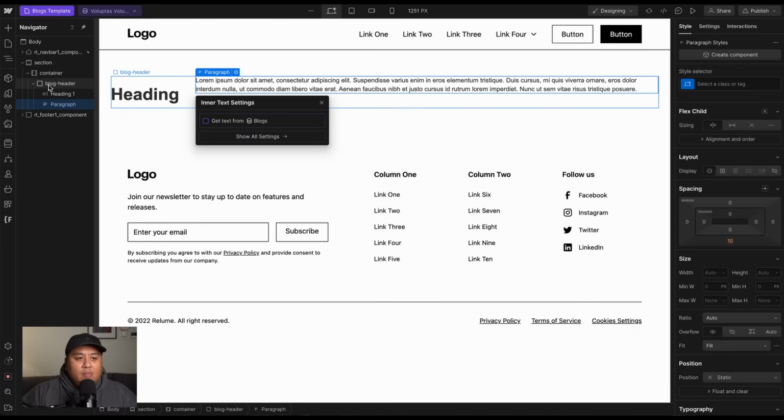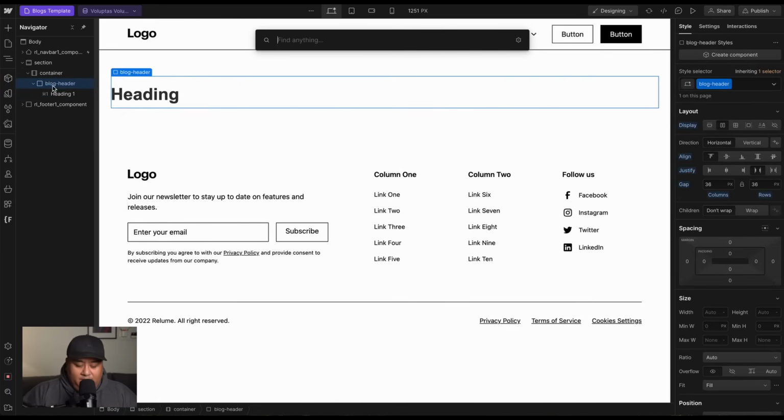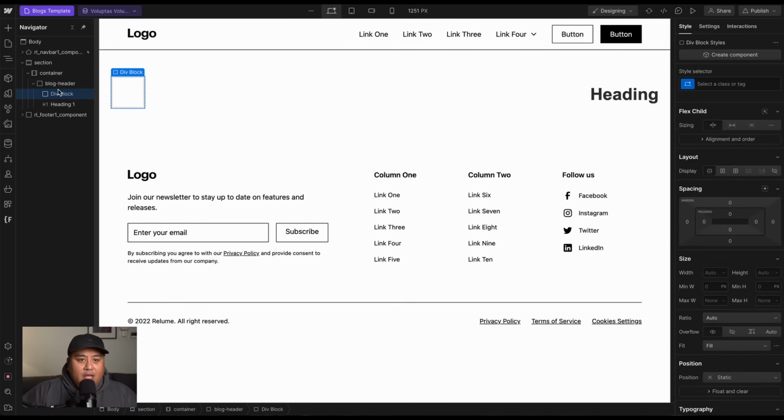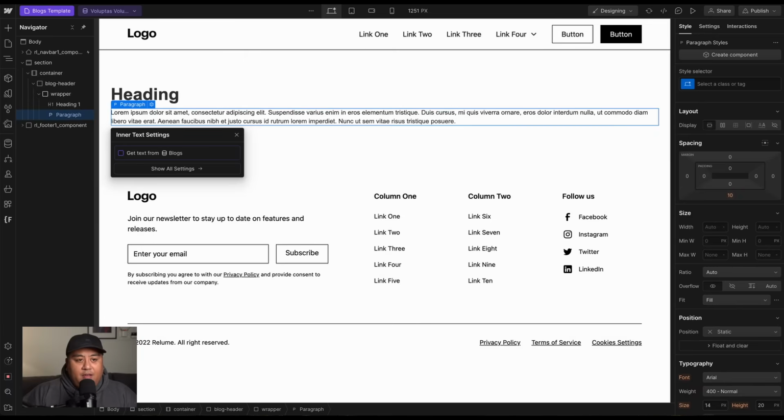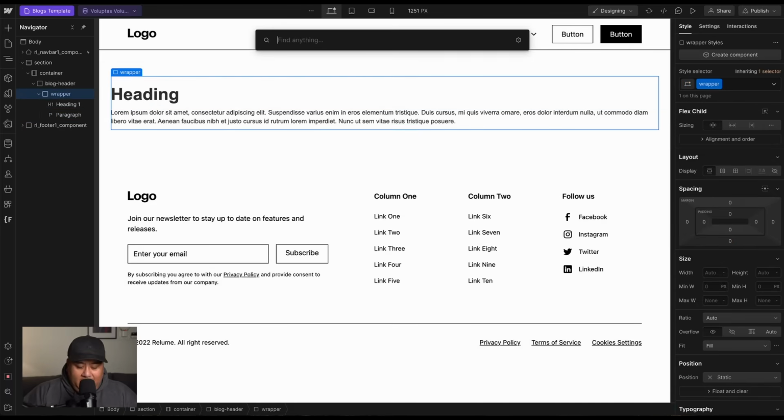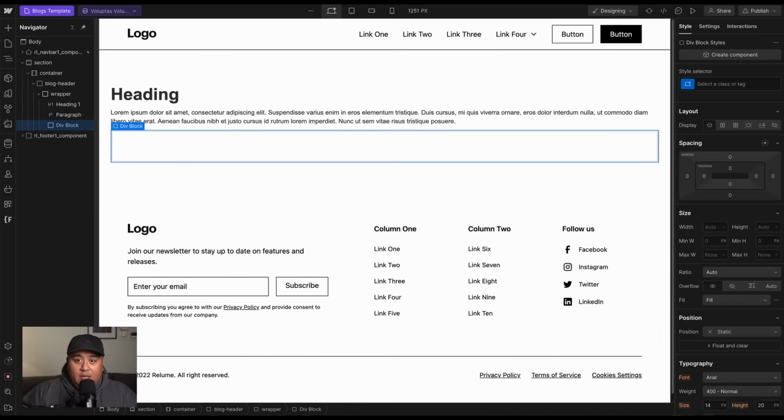Well, actually, we need to go ahead and put a div block first. So let's go ahead and put that there. I'm just going to call this a simple name, just wrapper. Inside there, we're going to put our heading. Inside here, we're going to put a paragraph. And then inside there, I'm going to add another wrapper. And we're going to call this one author wrapper. And then in here, we're going to make this a flex